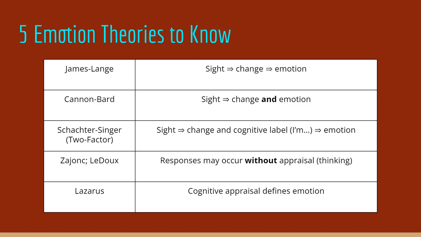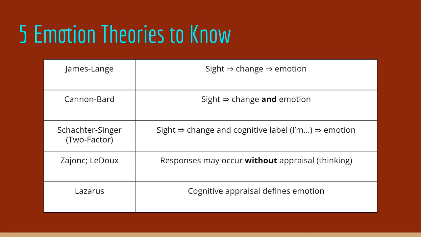I think an example they might have had in the textbook was that if you see a car go on the wrong side of the road when you're driving, about to crash head-on into you, you see that, then you have a physiological change and a cognitive label: oh, great, I'm about to die, possibly. And that's the cognitive label. And then emotion ends up being fear. That's how the two-factor theory would say that it would be.